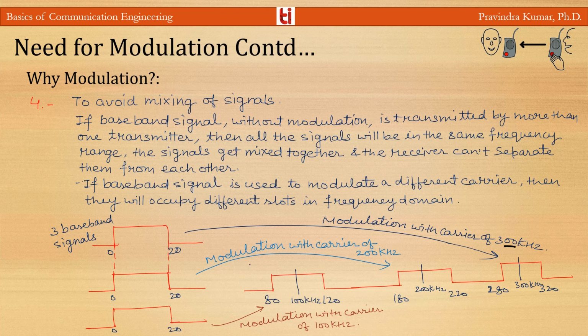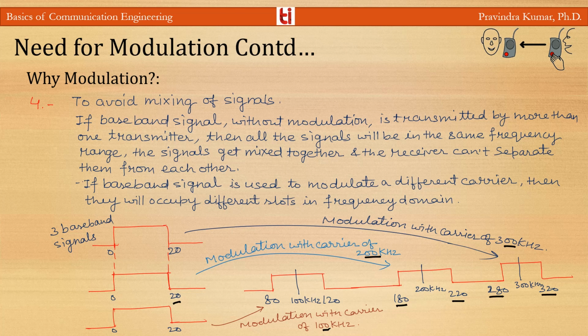Now this 0 to 20 kilohertz signal is translated to 280 to 320 kilohertz, and the second baseband signal is modulated with a carrier of 200 kilohertz. Now this signal is translated to the 180 to 220 kilohertz frequency range,